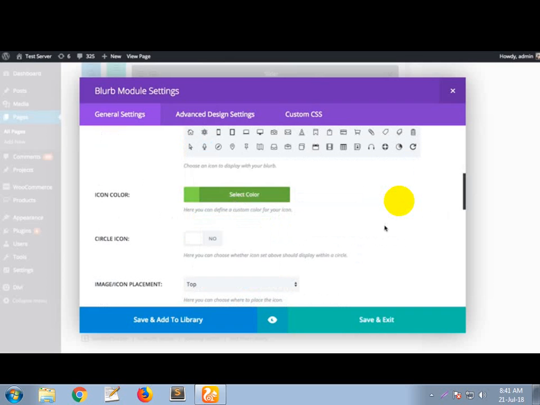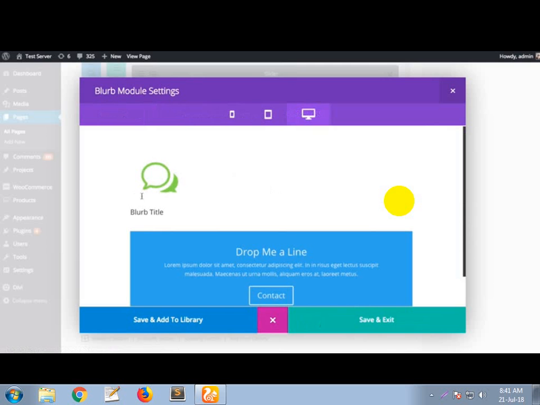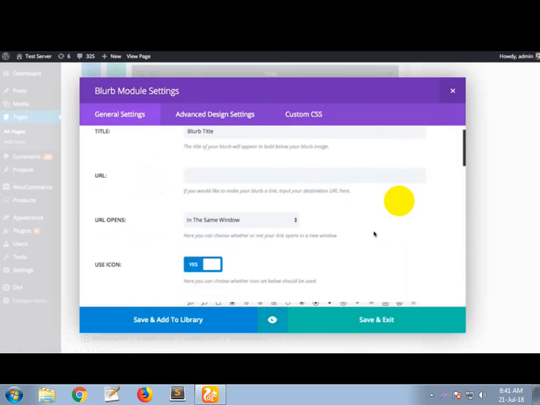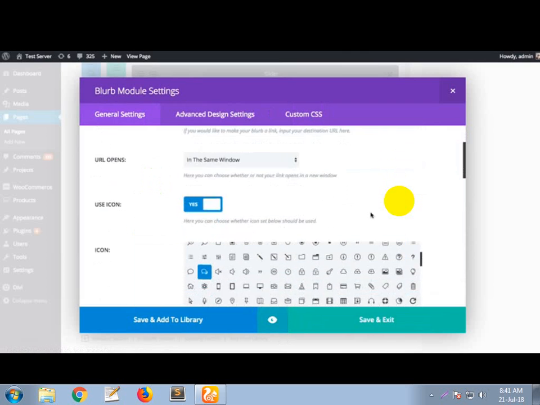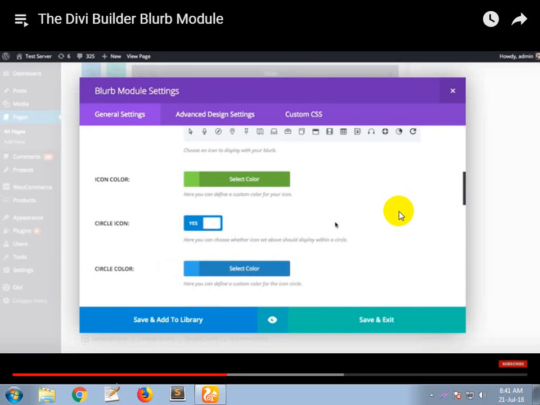And if you ever want to get a quick preview of what you're building, you can always click the preview icon here, and that'll give you a look at your blurb. So here's my blurb with the green icon and my blurb title. So that's how it looks so far. And if I'd like to change it up, and for example use a circle icon, which will create a colored circle and the icon will be inside of it, instead of just having the icon plain by itself, I can choose to do that. And then you can